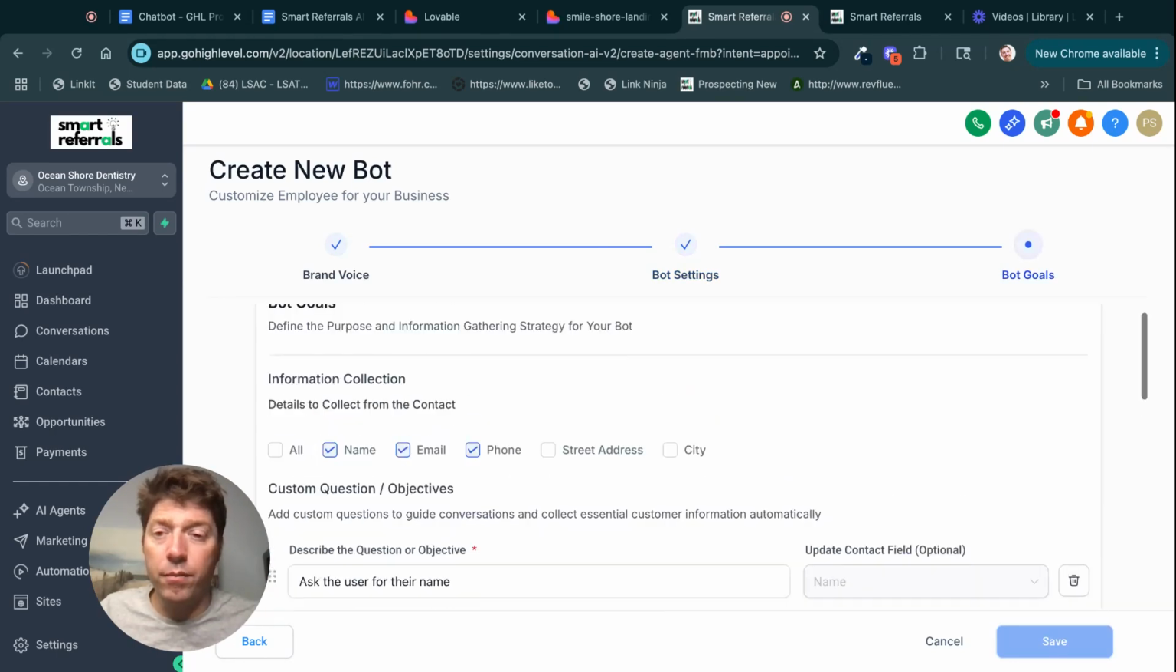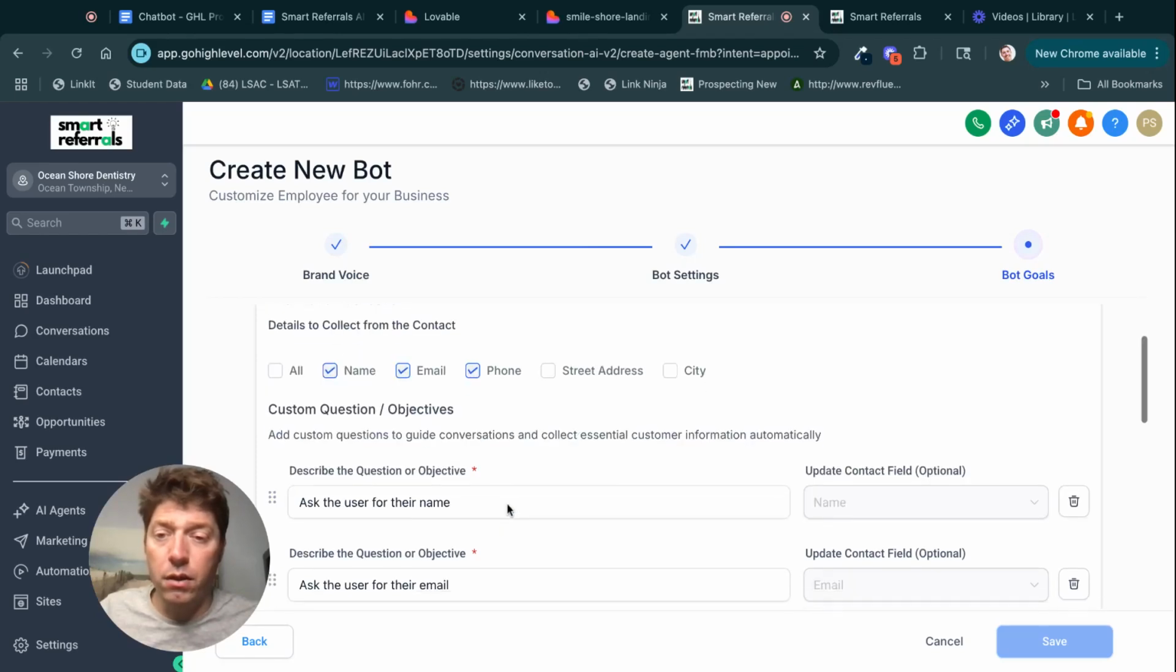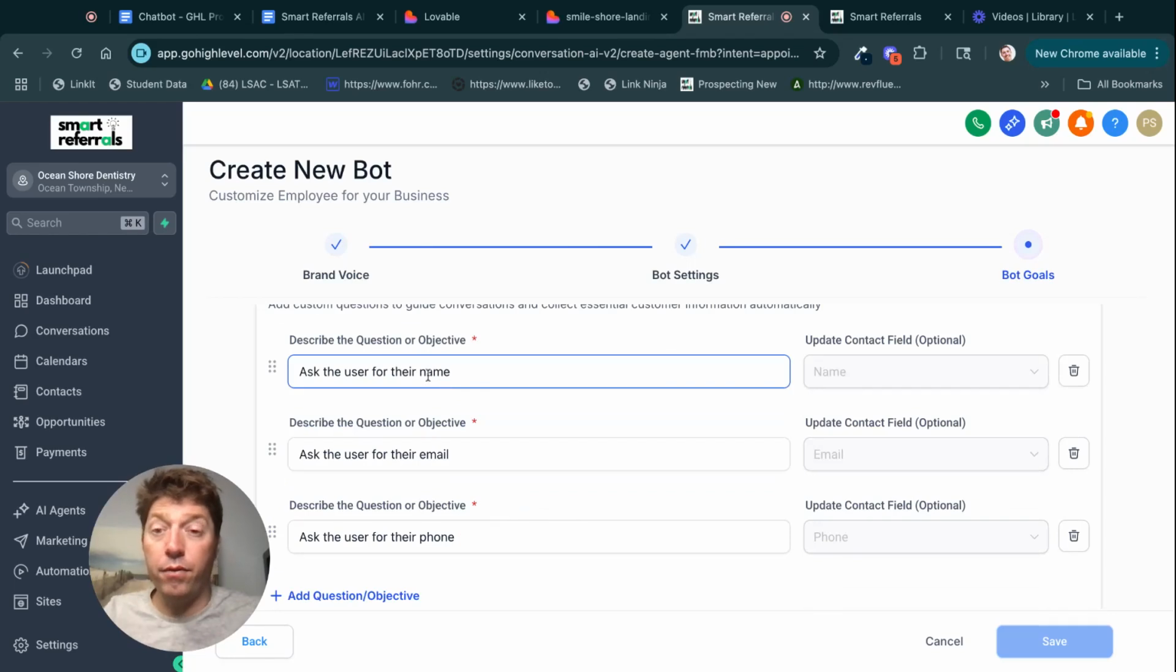Cool. Now, this is important. Information collected. Yep, tick these off: name, email, phone. And then also we're going to have the 3 qualifying questions. So one, you could say, are you an existing patient or